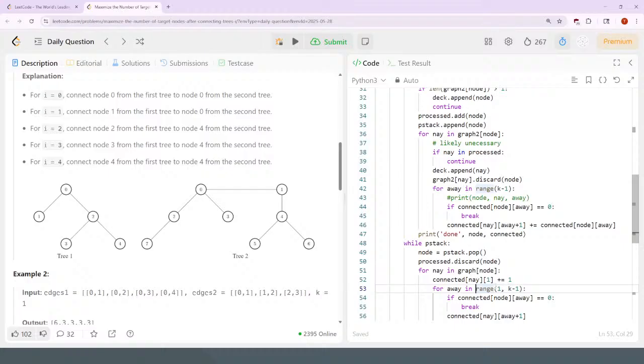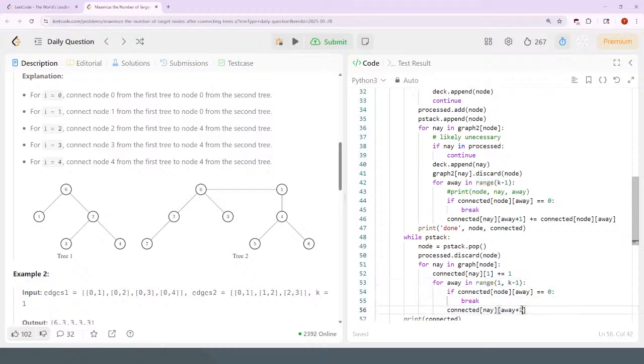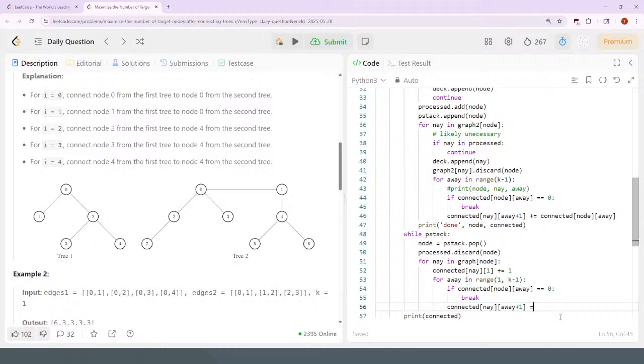And then for everything that's bigger than that, so like 2 and onwards, it should be incremented by connected to this node, away,